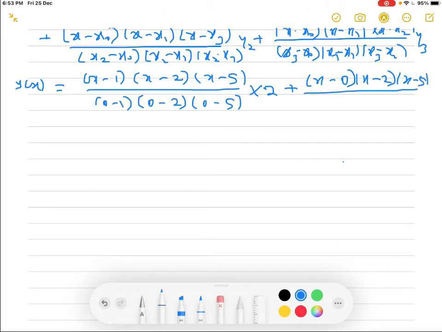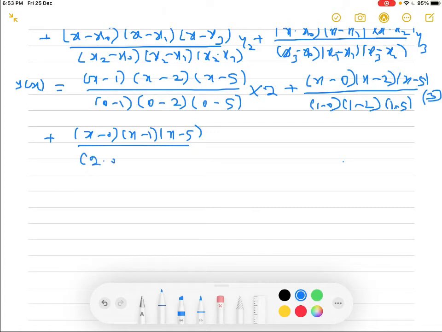So now let us take the second term, x minus 0 into x minus 2 into x minus 5 divided by, I have to subtract from the x1 value. x1 is here 1, that is 1 minus 0 into 1 minus 2 into 1 minus 5 into y1 is 3